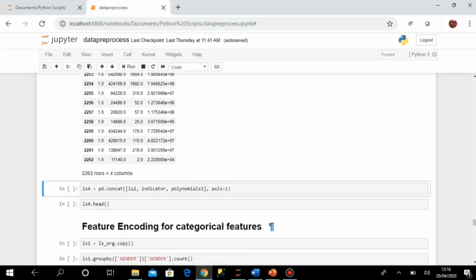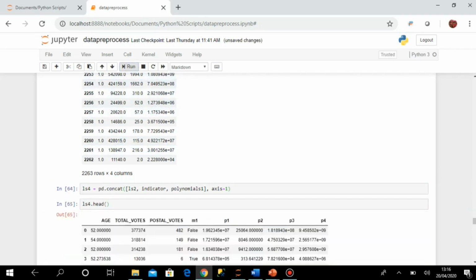After that, I am creating a new data frame object ls4, where I am using the concat function of the data frame, with ls2, this indicator and this polynomials 1. If you remember, in the earlier session we had generated indicators. So let us execute ls4.head.